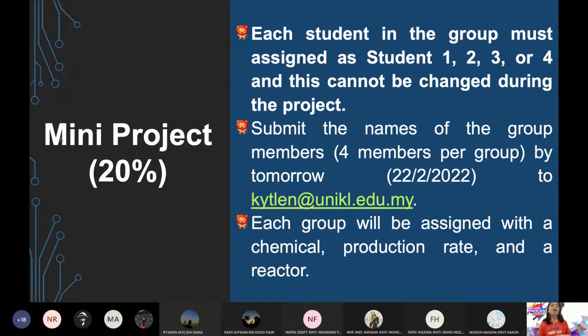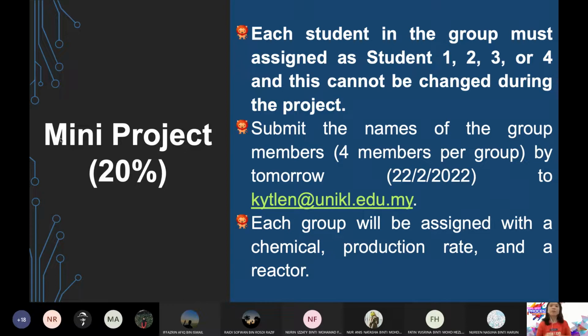Say, production of ammonia. So you have to design the reactor until you get that ammonia. You have to decide the raw material and so on and so forth. For the calculation, I already give you the production rate. This reaction will use knowledge of CPP, particularly mass balance and some part of energy balance as well. So you must remember, you cannot run away from it.